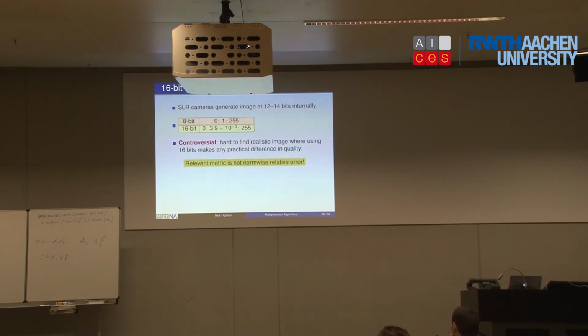So I think it's just worth keeping in mind that although we tend to think about normalized relative error as the right measure of error in numerical computation, depending on the application, that might not be what really matters. And so, in particular, it might not be necessary to go to high precision, even though you think it would.